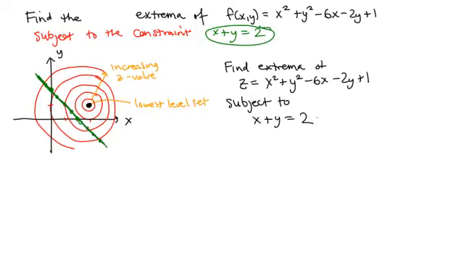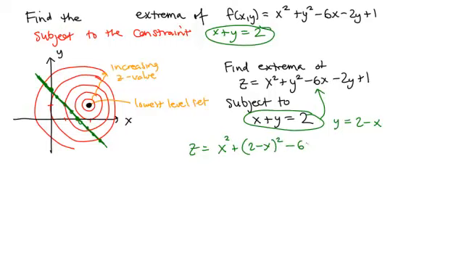Well, we could actually work out what those output values, those z values are, if we could solve this equation for one of the variables and plug it into this top equation. But that's easy to do. This equation is just y is equal to 2 minus x. And so if we were to plug this in, we would get that z is equal to x squared plus y, which is 2 minus x quantity squared, minus 6 times x minus 2 times y, which is 2 minus